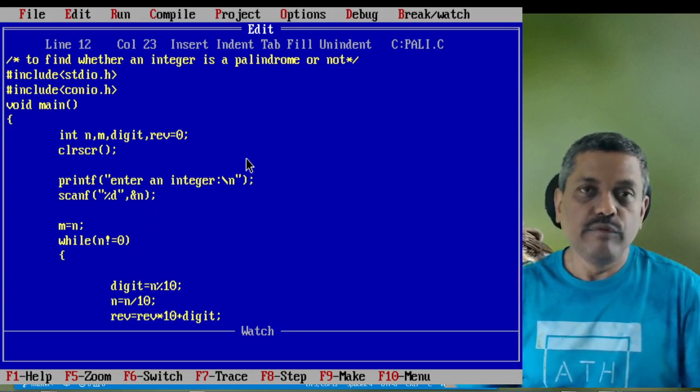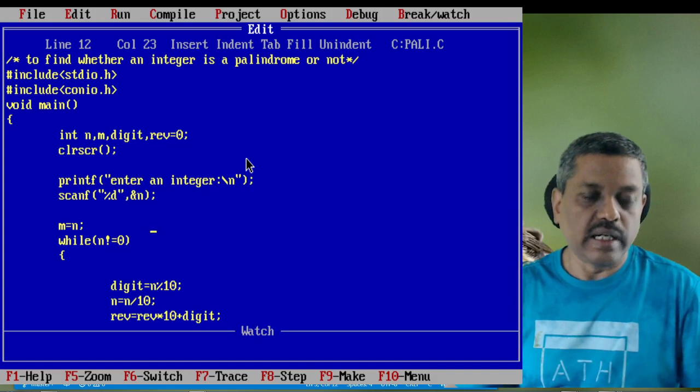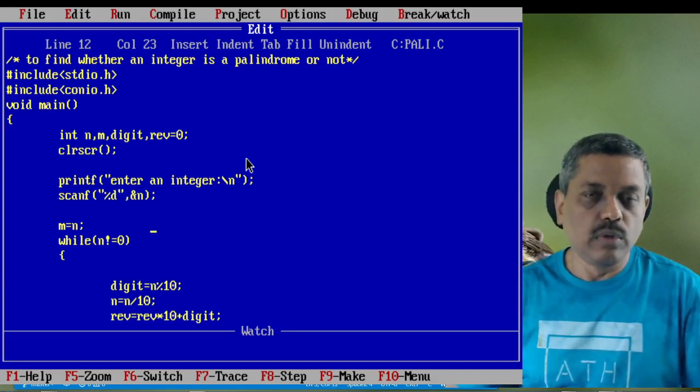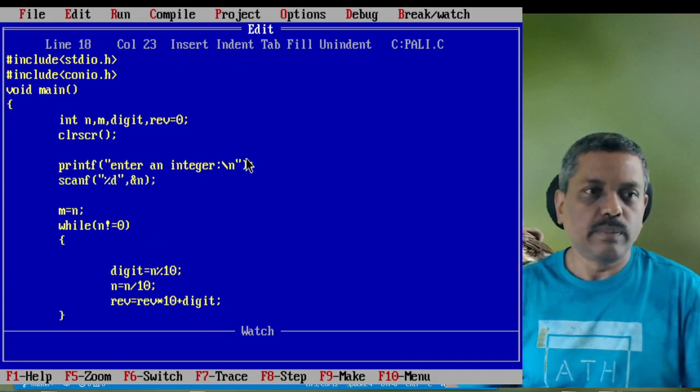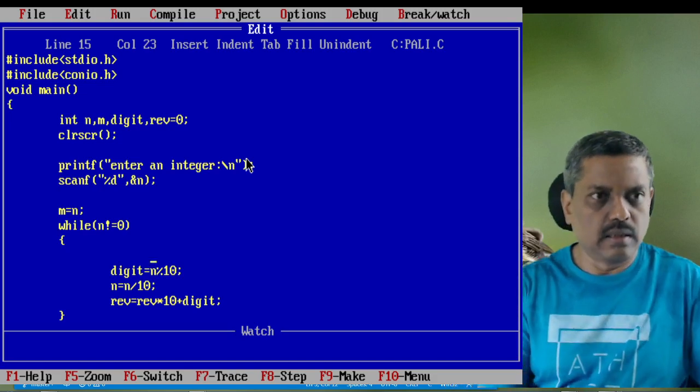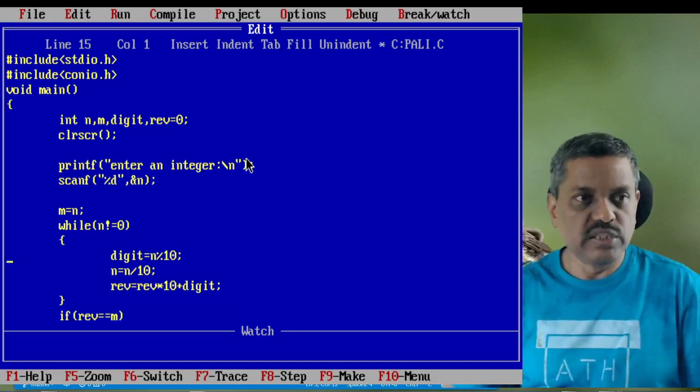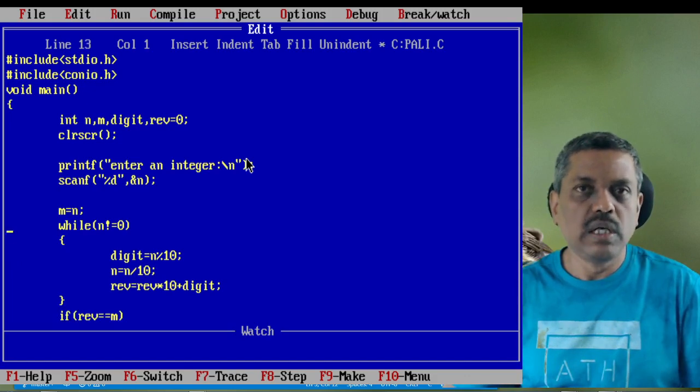And then we store the currently read number through the keyboard into another variable m, and then we start looping through. That means do the process repeatedly. Manually we can do it, but for the computer we have to tell everything one by one. So this particular process is under a while loop, because we do not know when it gets over. So keep extracting.